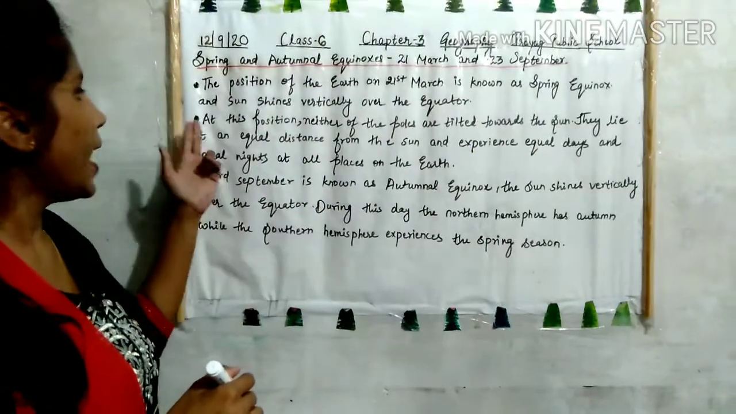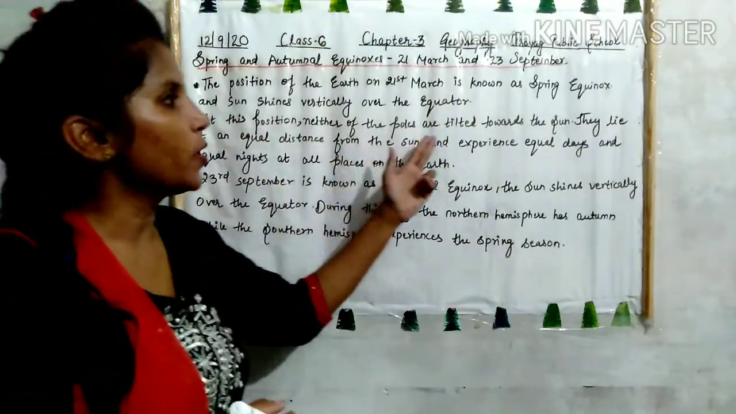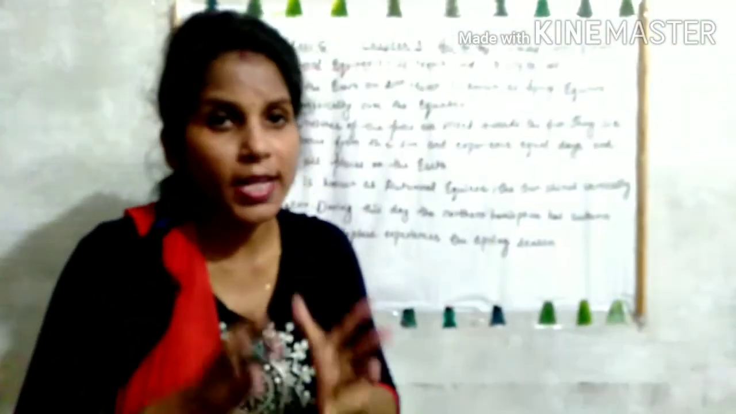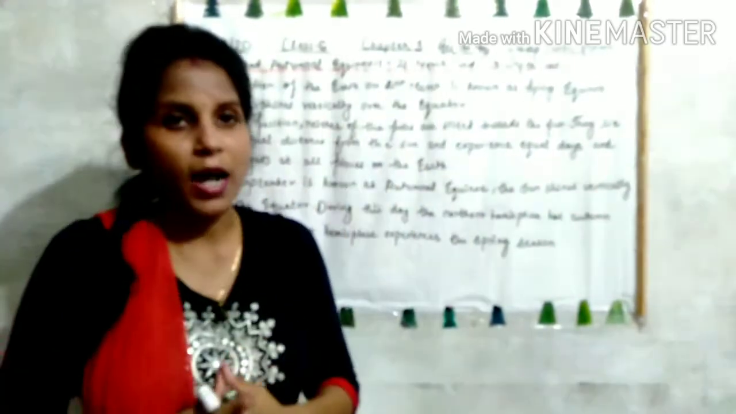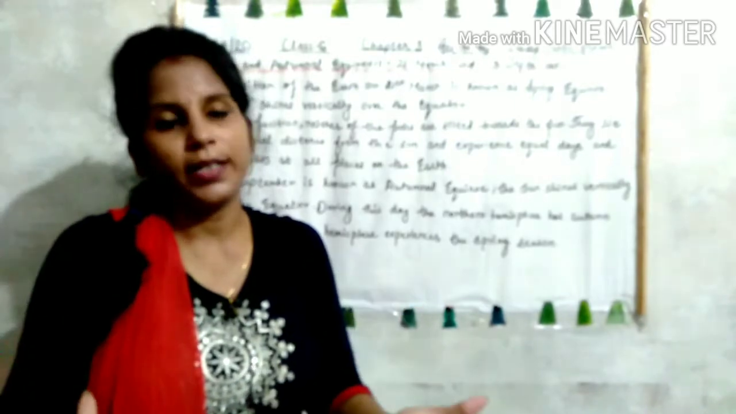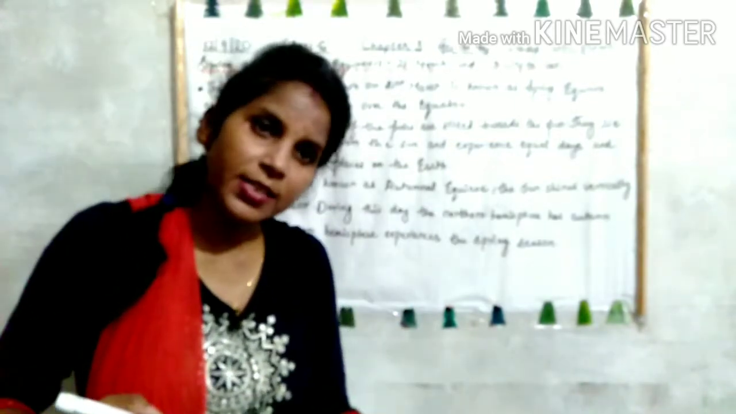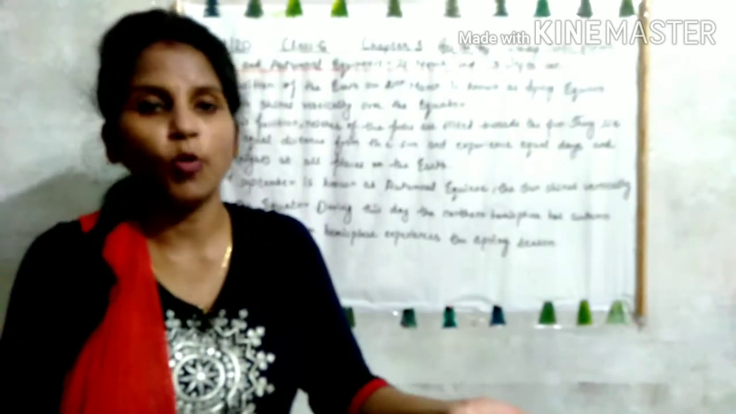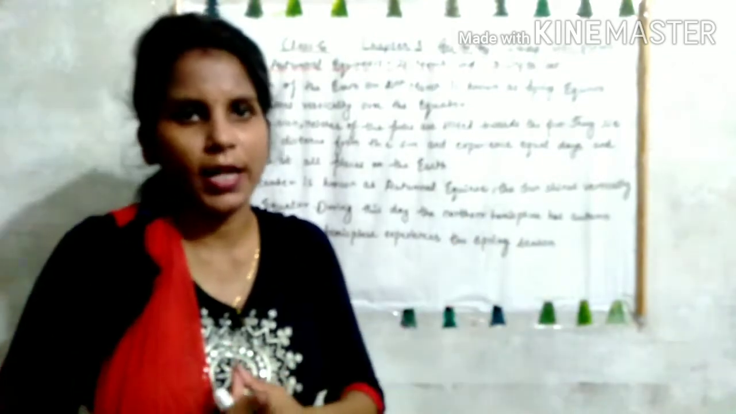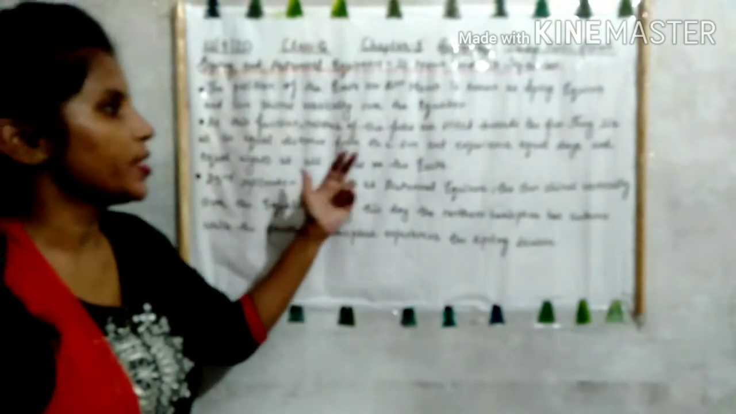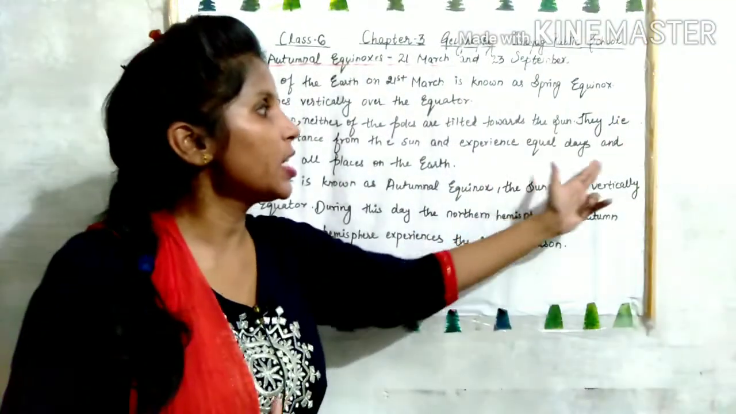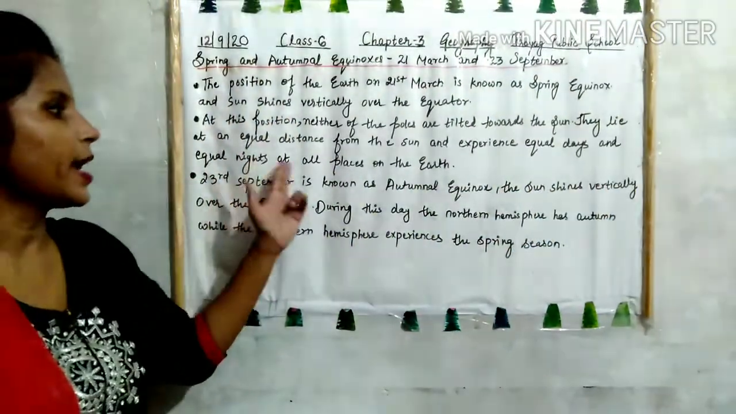Okay, then at this position neither of the poles are tilted towards the sun. और इस पोजीशन जब स्प्रिंग इक्विनॉक्स होता है, दैट इज ऑन 21st मार्च, नीदर ऑफ द पोल्स आर टिल्टेड. कोई भी पोल्स, ना ही साउथ पोल ना ही नॉर्थ पोल, टिल्टेड या इंक्लाइंड होता है अपने एक्सिस से. Okay, they lie at an equal distance from the sun and experience equal days and equal nights at all places